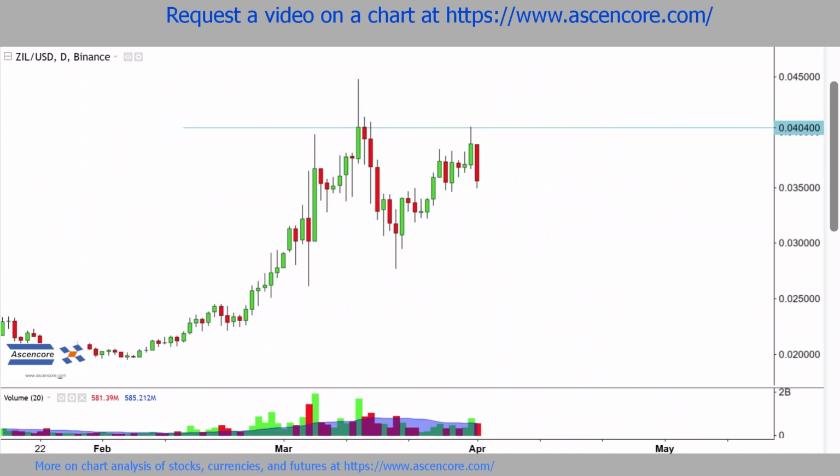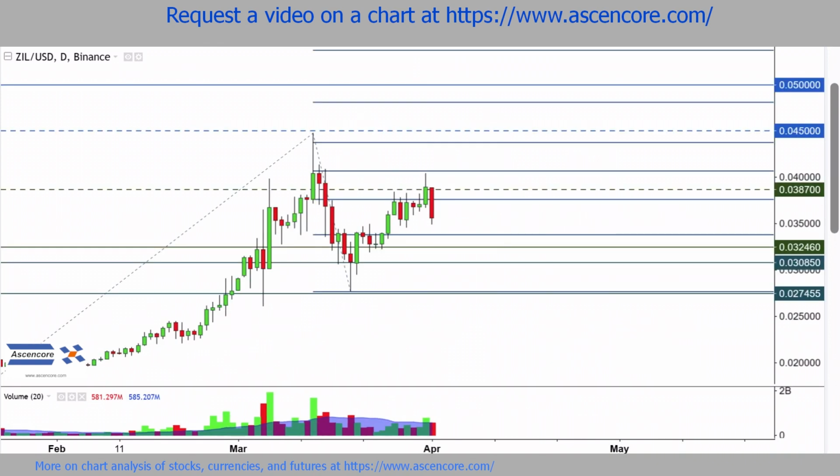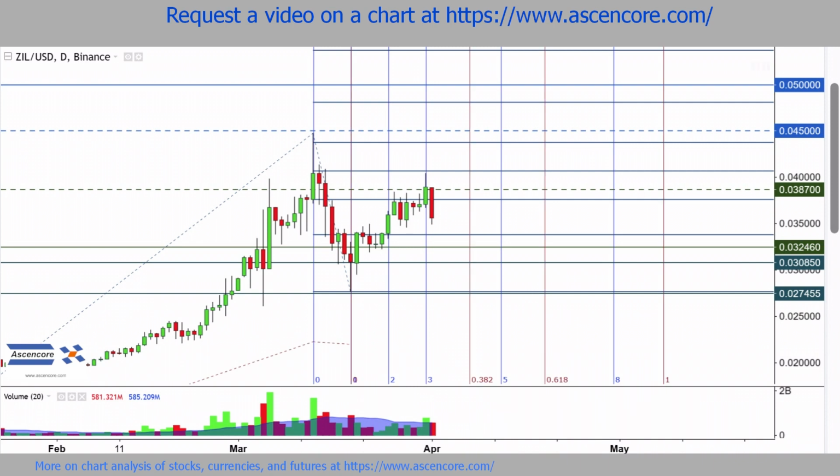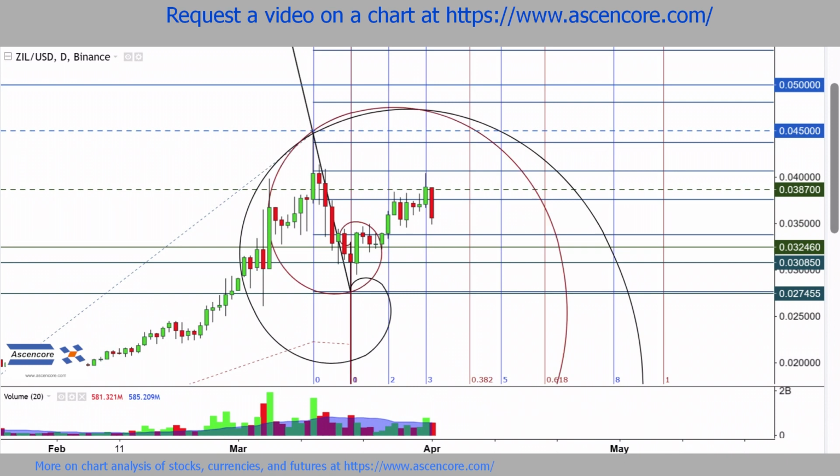With the market stalling to establish over the 0.04 level again, we'll play some Fibonacci time zones based on the last downswing along with a Fibonacci extension. Then add some Fibonacci spirals, concentrating on the upswing from March 20th, which can tell us there's higher potential for